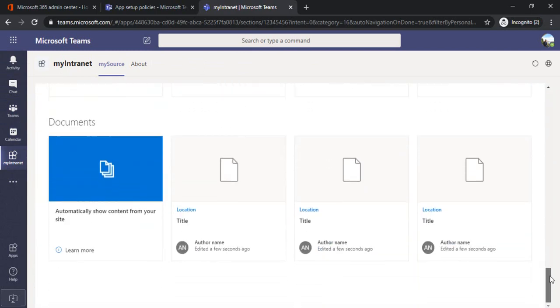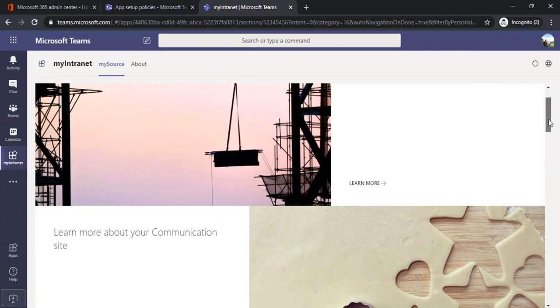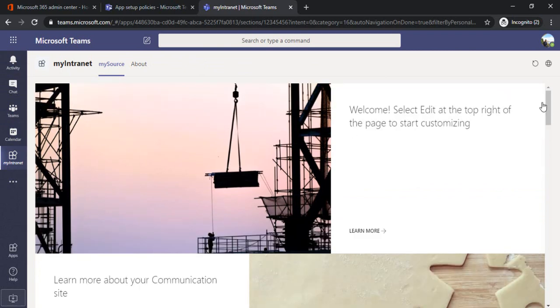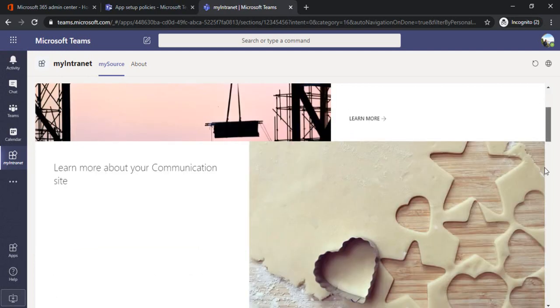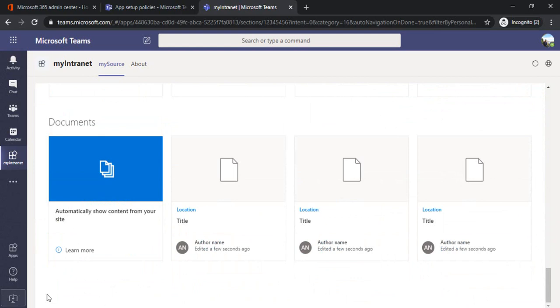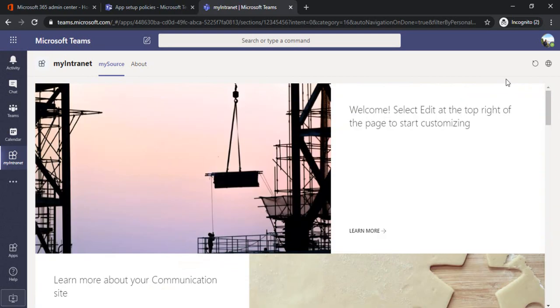Everything which is on the intranet homepage can be navigated through by clicking on the page. The only flip side is that right now the hub navigation and the footer part are still not available, but hopefully we will have those available as well going forward.